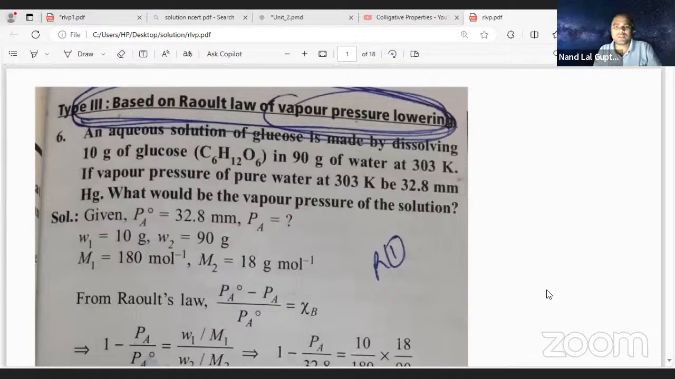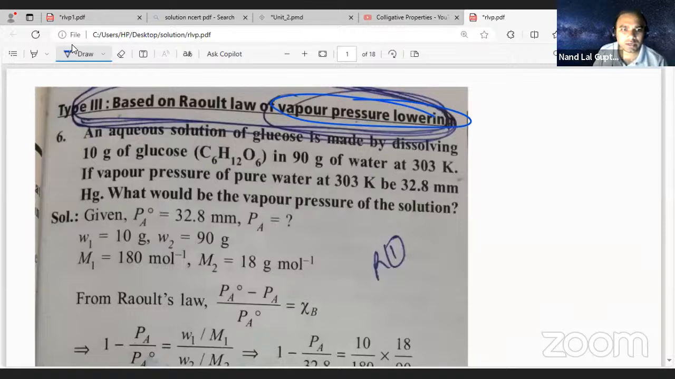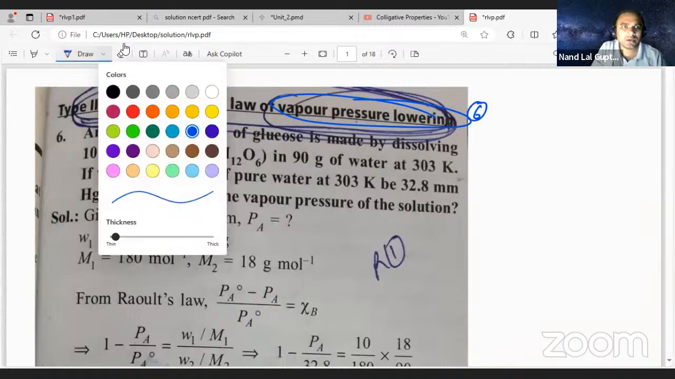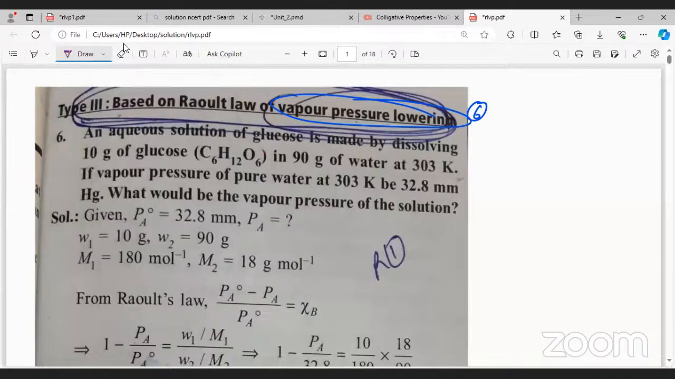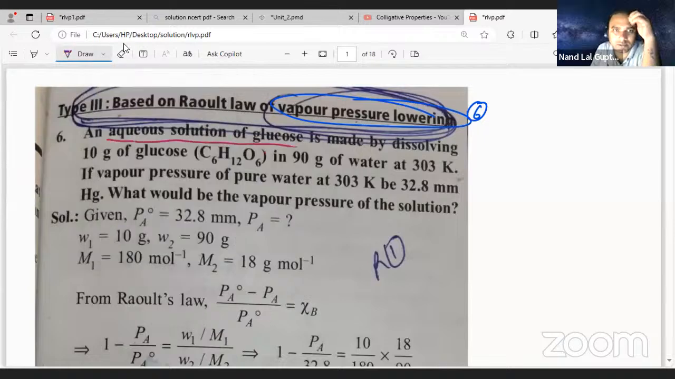So vapor pressure lowering means relative lowering of vapor pressure. These are a little bit better problems. Now we can solve this problem. Question number 6, I am doing here. One question I am doing, the remaining you do. What they are saying: an aqueous solution of glucose is made by